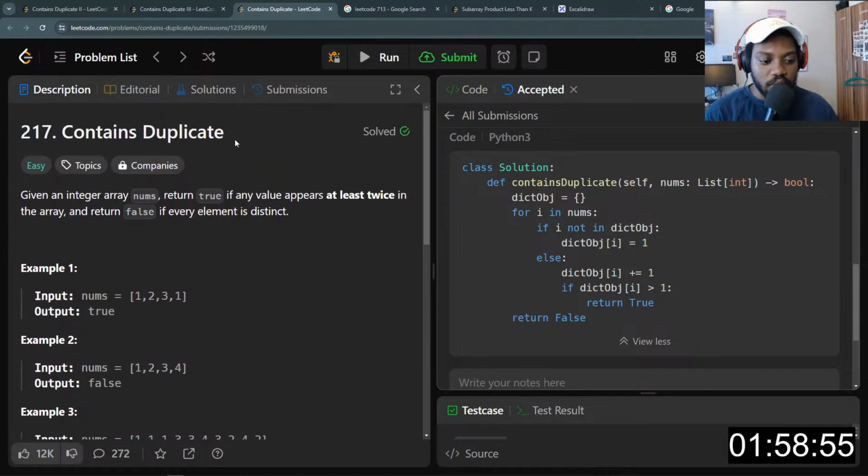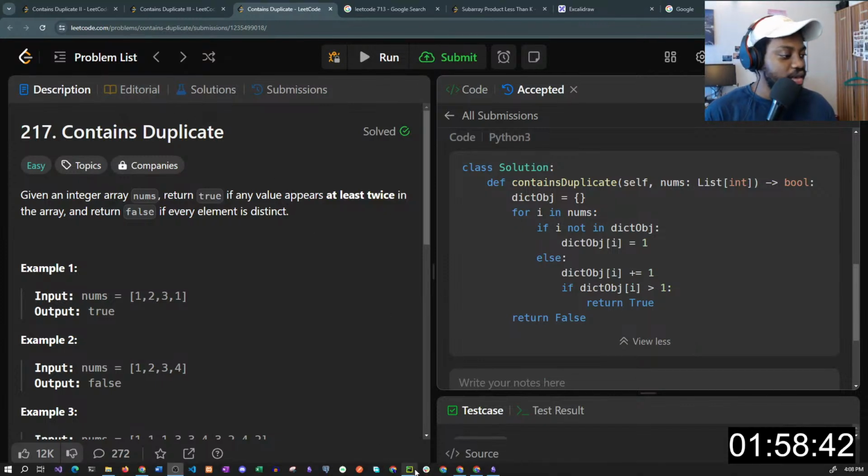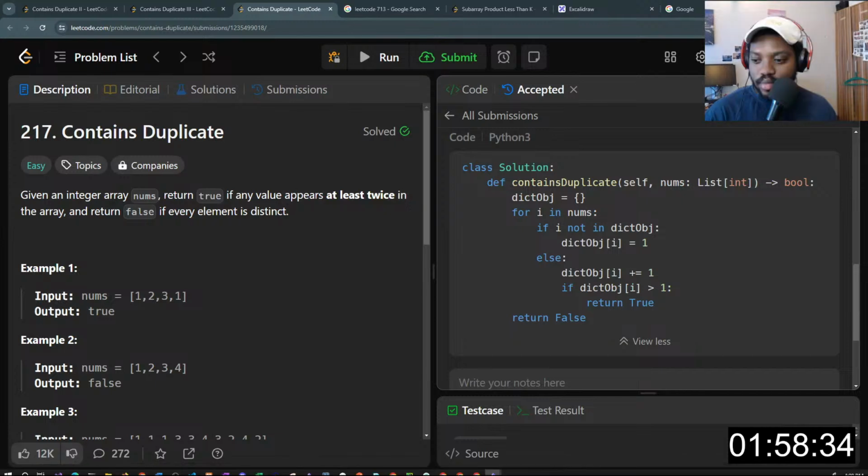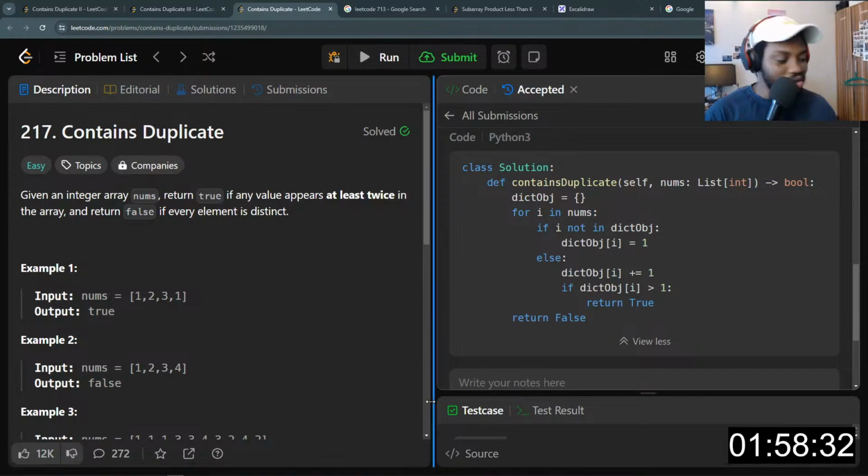I'll be revisiting some questions I solved before, and also I will make some notes. I actually brought my special tool for taking notes.